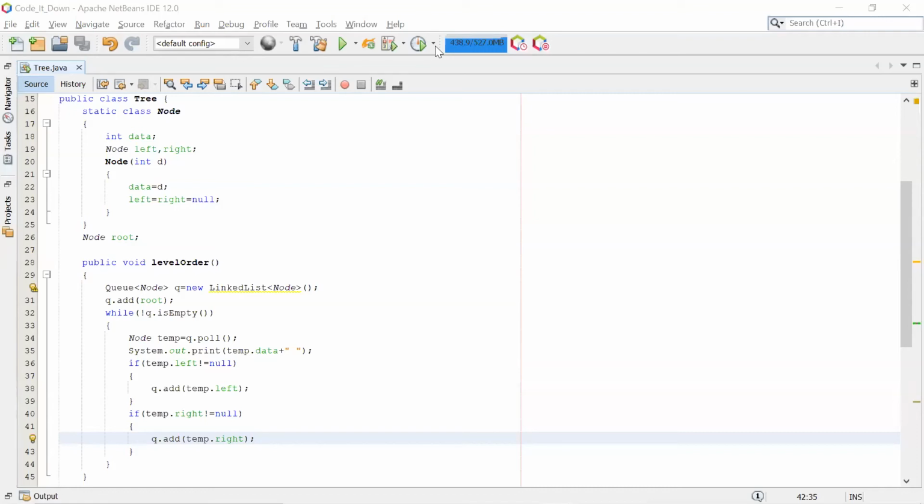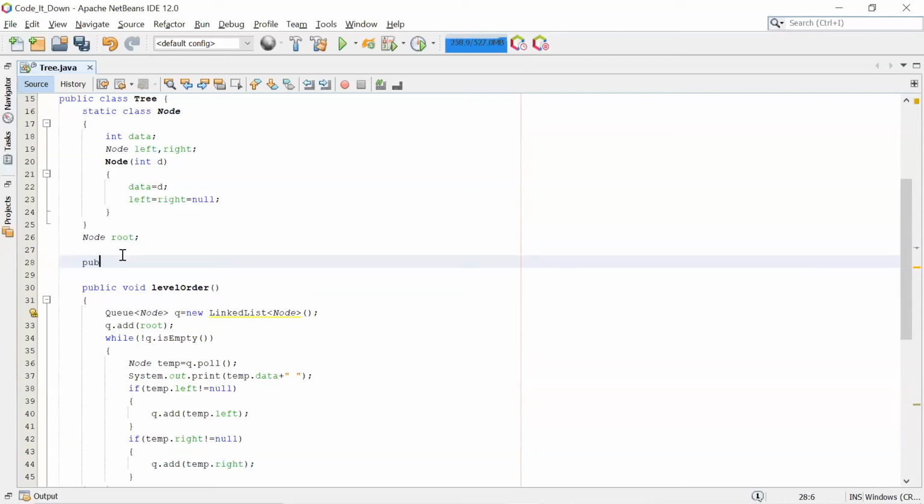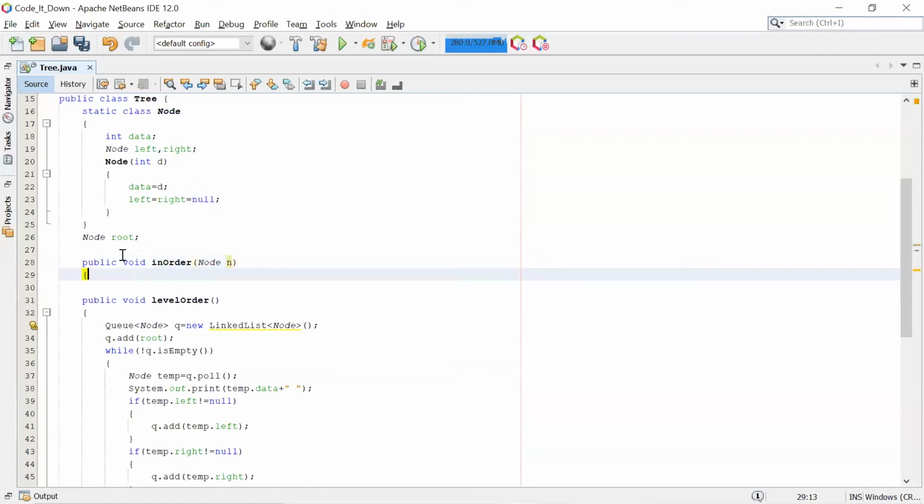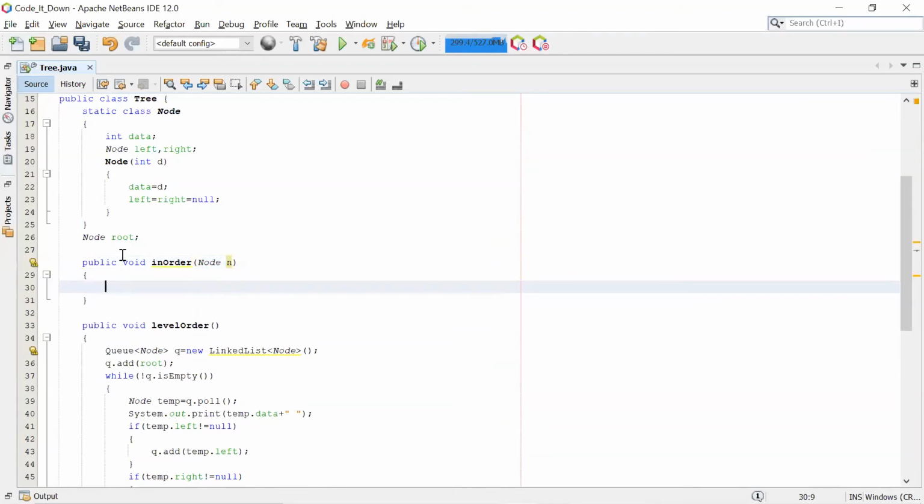So let's start the in order traversal. public void inorder, Node n. Why I'm using it, I'll tell you again.